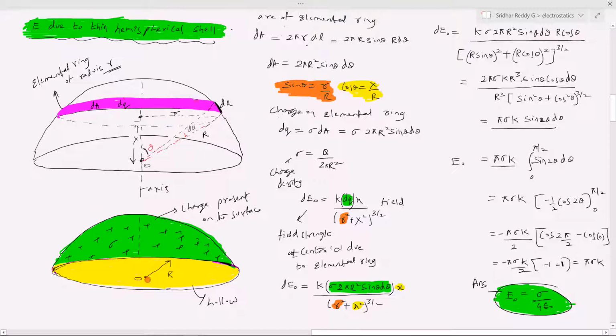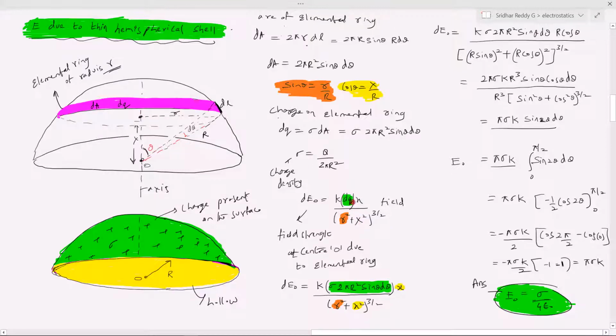Okay, what is the electric field strength at point O? The vertical line passing through the center of the hemispherical shell will become the axis. So what is the electric field strength on the axis of the ring? The formula is K dq x by under root of r square plus x square to the power of 3 by 2. Comparing that with the ring, what is x? x is the distance from the center of the ring to the point O on the axis. What is the radius of the ring? Small r. Capital R is the radius of the hemispherical shell, small r is the radius of the ring.